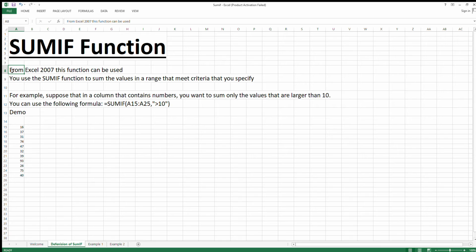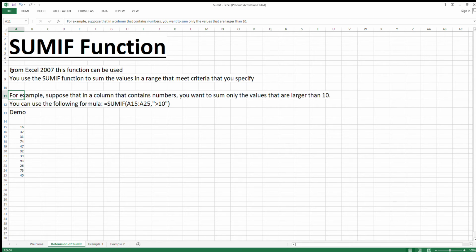Means Excel 2007, then 10, then 13, then 16, 19, and 365, everywhere SUMIF is available. As I told, SUMIF is used when we need to sum the values in a range that meets a particular criteria.